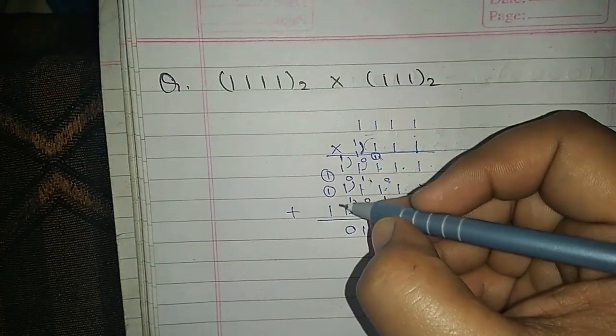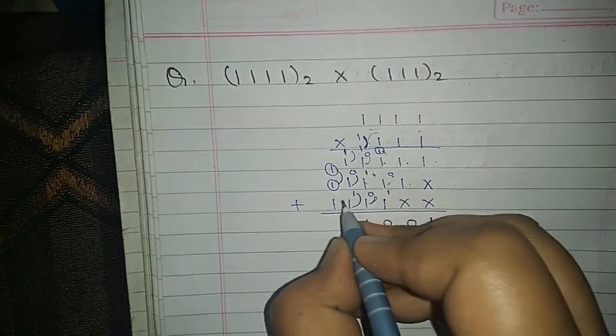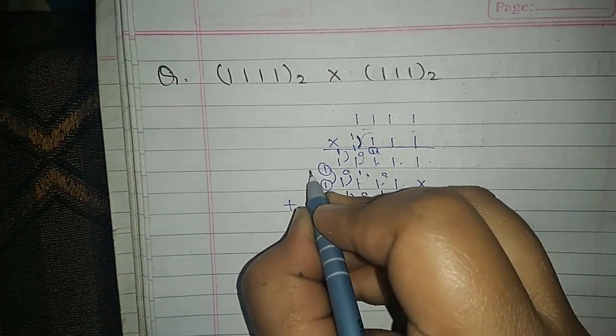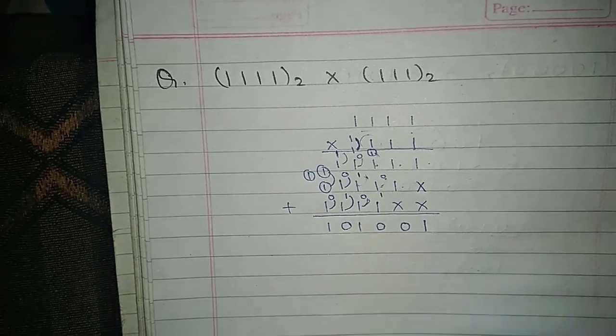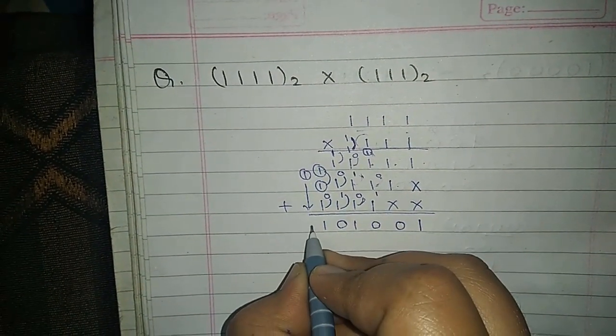Now we have this pattern of 3 1s which we have to add. So again when you add this 1 and 1, it will give you a result of 0, and a carry of 1 will be generated. And then you have to add this 0 with this 1, so that it will be 1. And then you have to note down this remaining carry over this side.